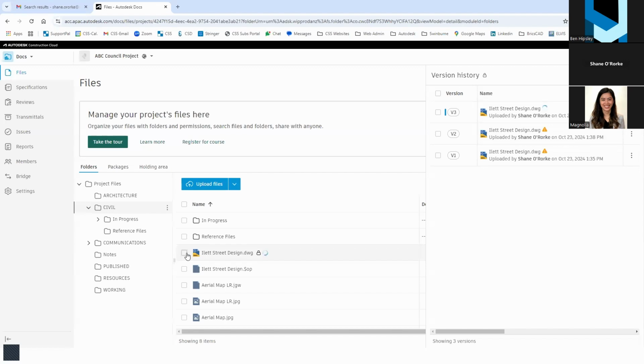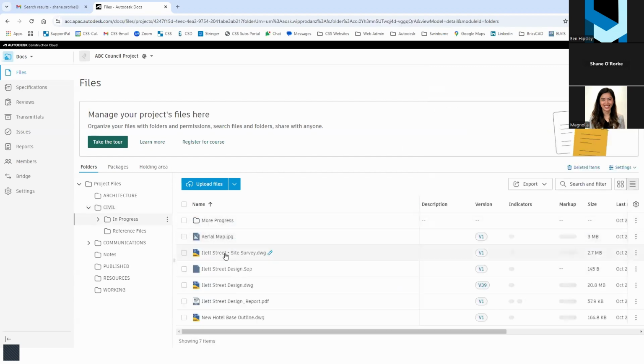So what I can do is send this to Ben for review, okay? And then Ben can give me his feedback on it, and we basically move forward into whether I'm cool or whether I'm not cool, to put it simply. So any of these drawings you can put into a transmittal or package up. You can download them and copy them about. And if I go to version 2, I can make that the current version. So it's about going backwards in time. What I'm going to do is just go into, because that's got a funny message on it,